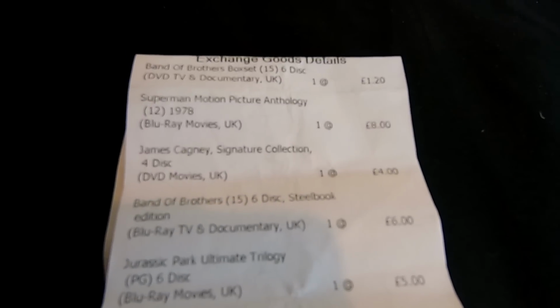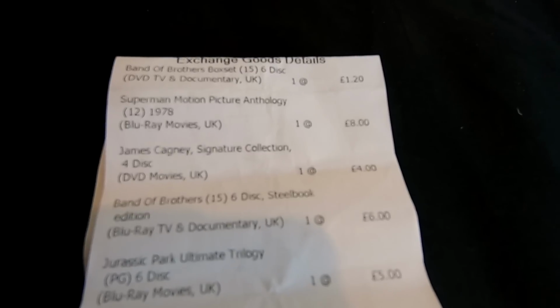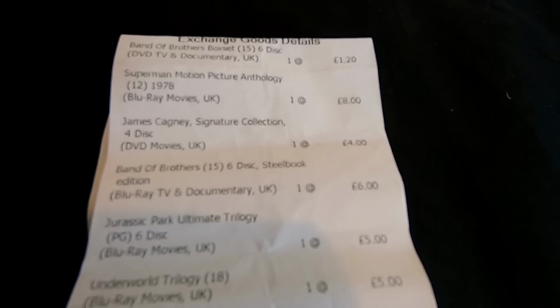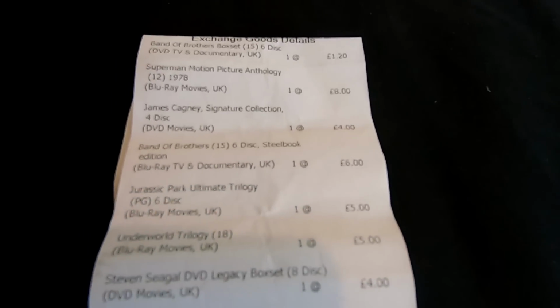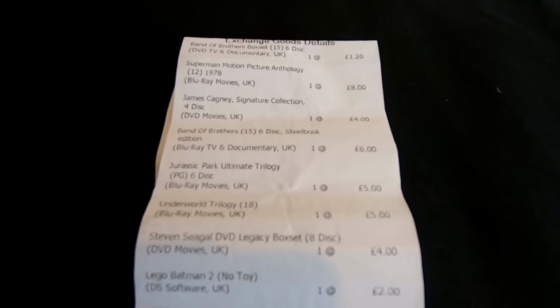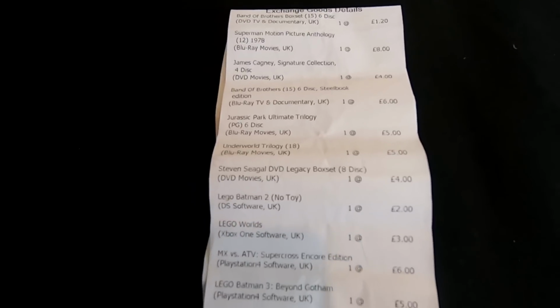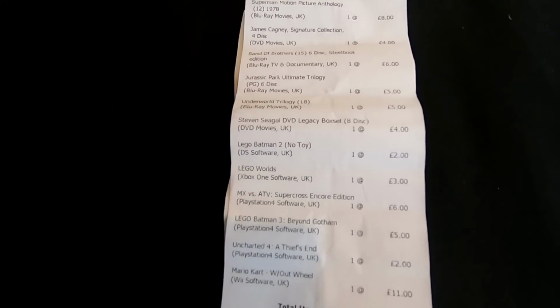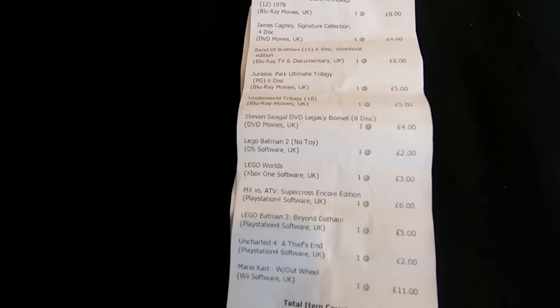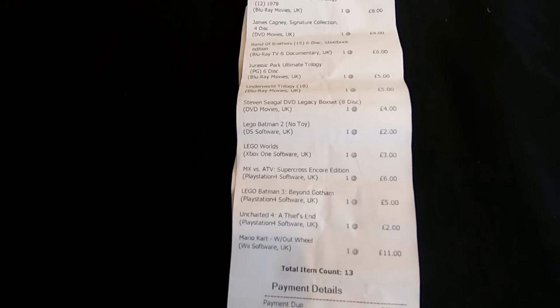Starting with the top of the receipt, we have Band of Brothers, the box set DVD for $120. We've got £8 for the Superman Blu-ray trilogy. We got £4 for the James Cagney Signature Collection, £6 for the Band of Brothers Blu-ray Collection. We got £5 for the Jurassic Park Blu-ray Collection, £5 for the Underworld Trilogy, £4 for the Steven Seagal DVD Legacy Box Set. Then we've got £2 and £3 for both those Lego games, and we've got £13 collectively for